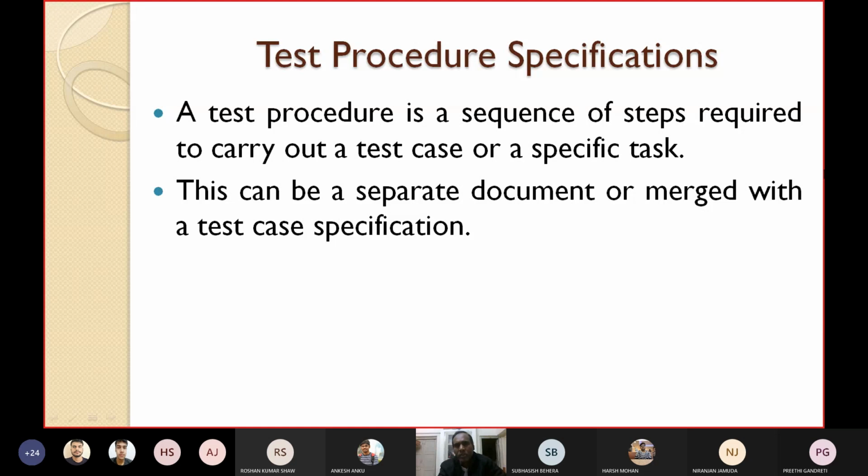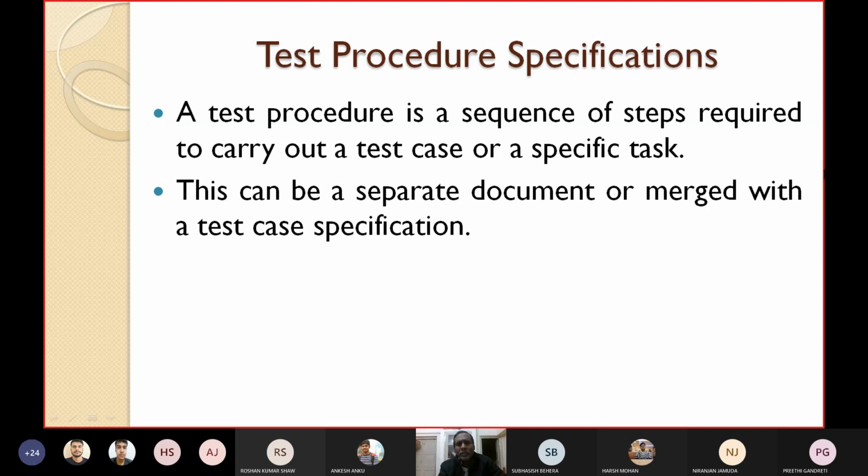That is the test procedure. In other words, you can write it in the form of an algorithm, a step-by-step procedure to execute the test case. So a test procedure is a sequence of steps that will be required to carry out or to execute a test case or a specific task.